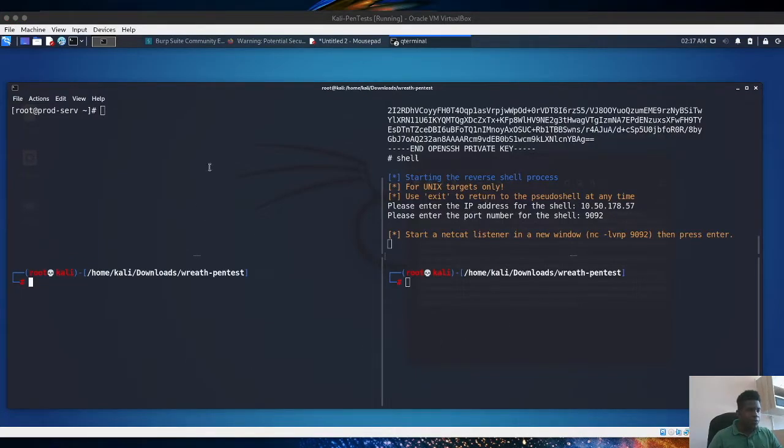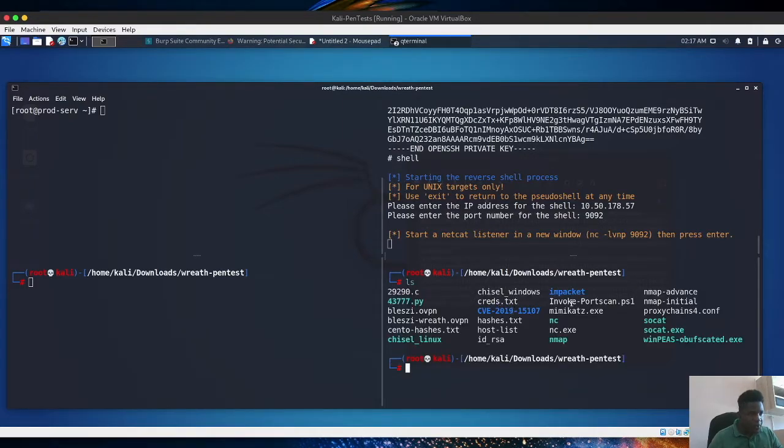Okay, so next we are going to use the Python server to host, if I list the content of this directory, we've got the static nmap thing. We're going to use the Python server to host the static nmap and maybe ship it down into this box and probably run some basic scans. So we're going to do the Python